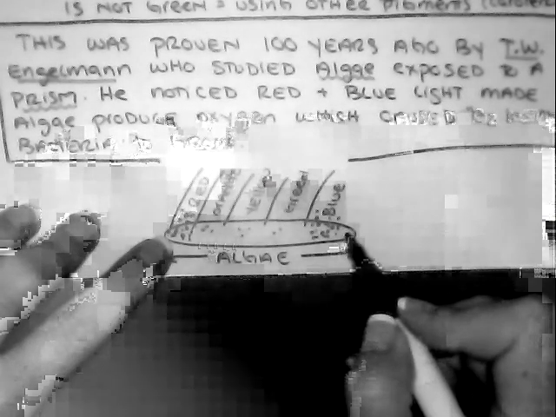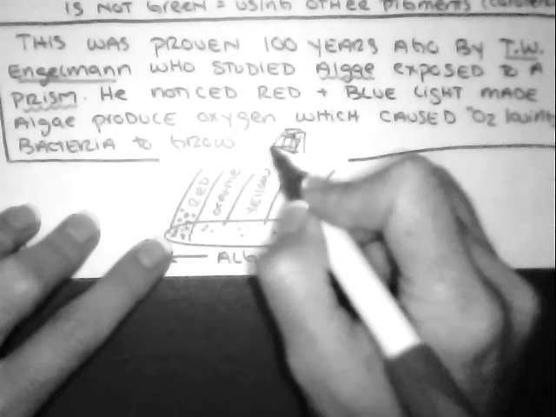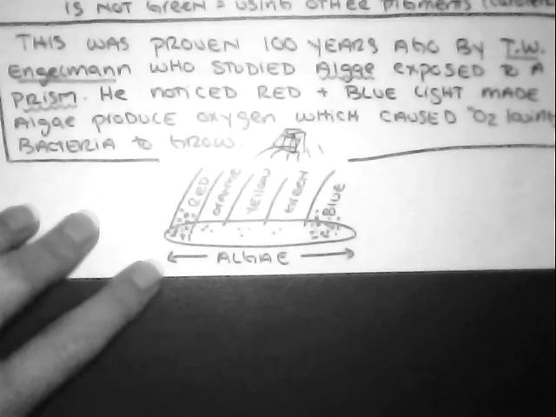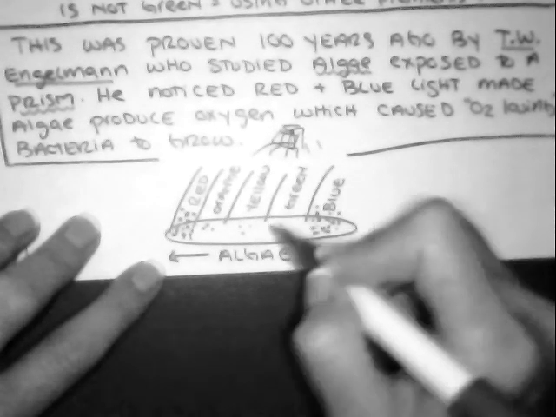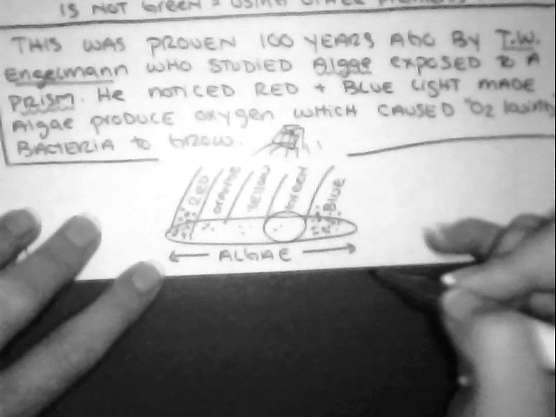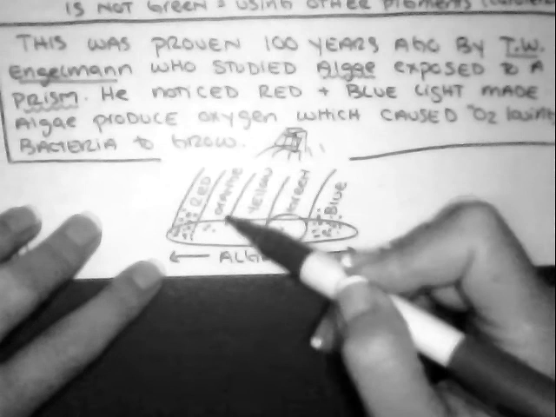He put this freshwater algae on an agar plate, okay? And he put this little disco ball up on the top here that reflects all these different colors of light onto the algae. And then that in turn allowed bacteria to grow in this specific area. And so now we know that the green area was the area that algae did not like, whereas the reds, the orange, the yellows, and the blues were the light spectrum that the algae did like. Guys, this is part 1 of photosynthesis. Please remember that your thylakoids here are what is going to be attracting our